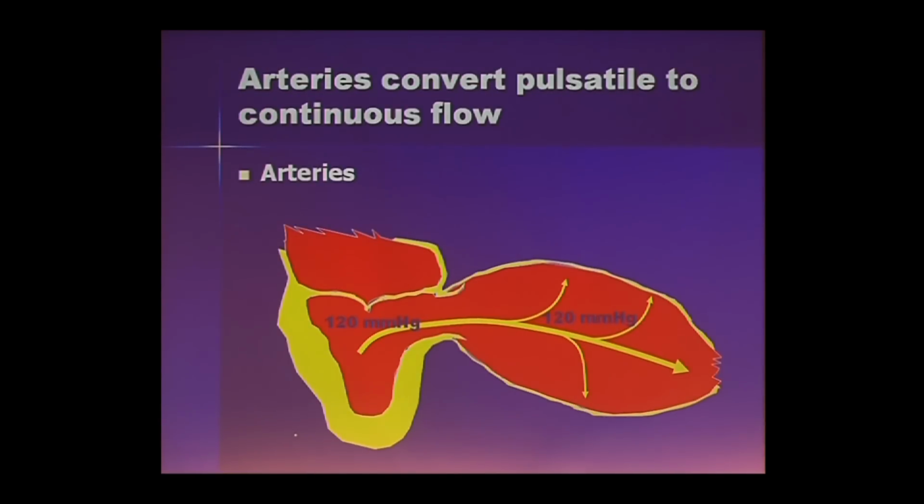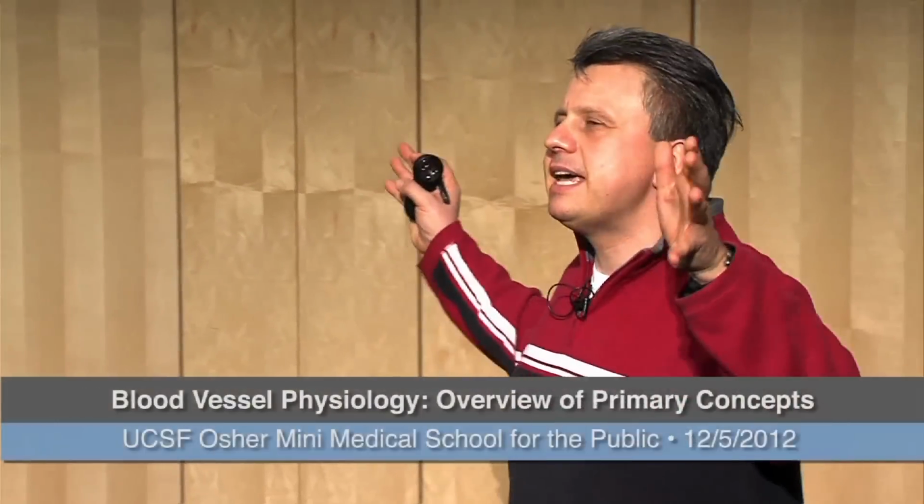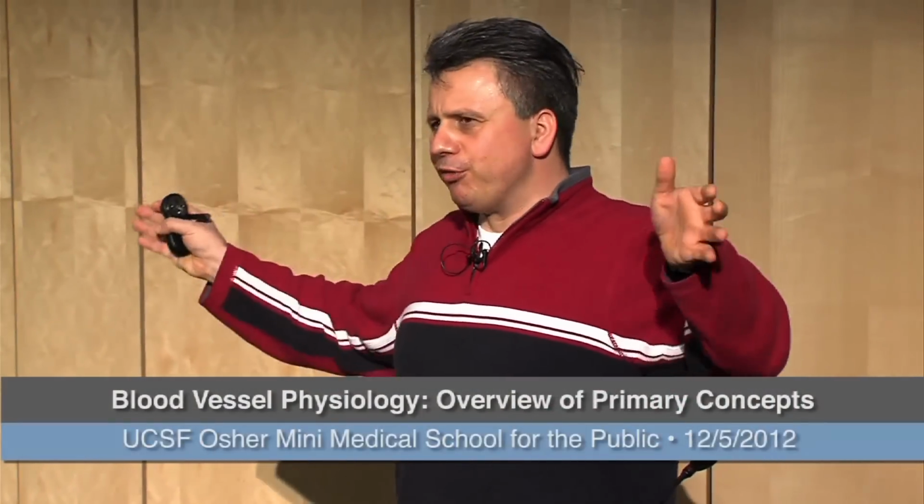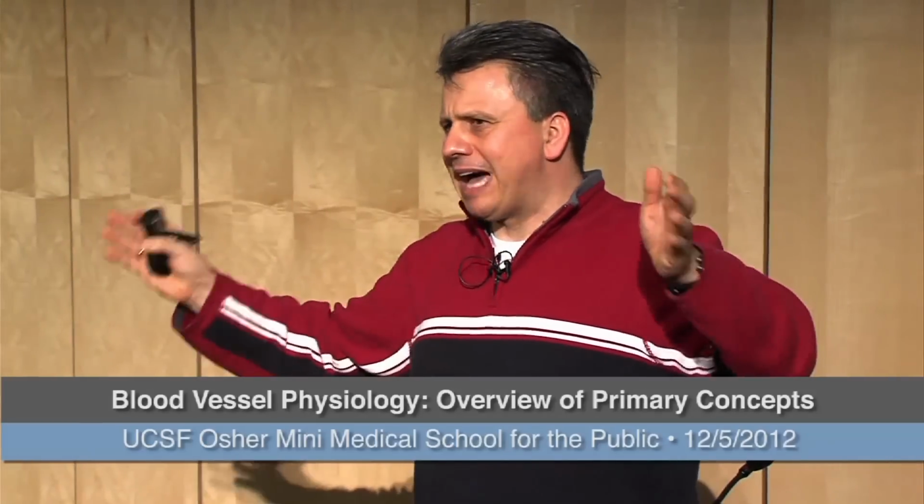Actually, does anybody know what we call the volume that the heart pumps in one single cycle? Mark, yes? Cardiac output. Cardiac output actually takes a number of these over a unit of time, over a minute. The single volume is called stroke volume. Single stroke means a single amount of volume of blood per one single cycle.